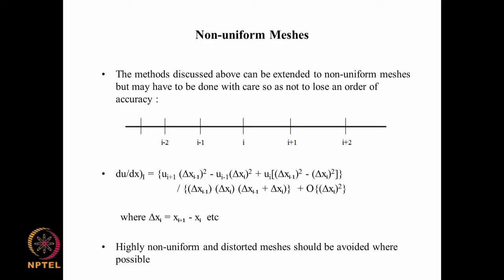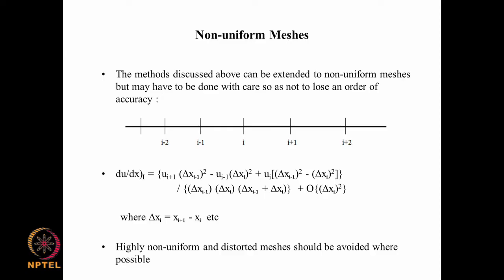So, although it is formally second order accurate, if you have large changes in delta x, then it could effectively function as if it is a first order accurate formula and not a second order accurate formula, which is why we would like to make sure that sudden changes in delta x should be avoided,